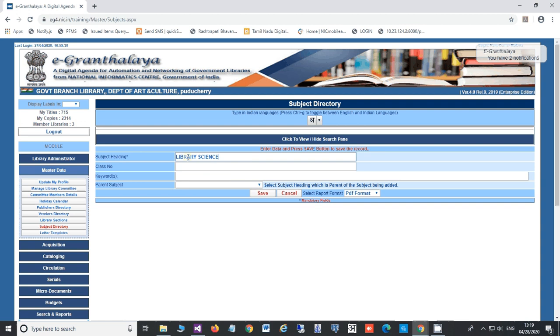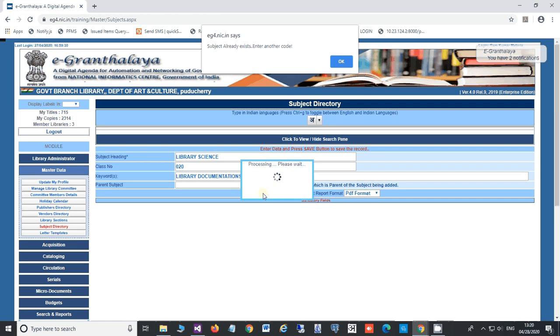That depends on you, how specific a kind of subject heading you want to enter. If you want to create a depth schedule, you can also do that. This subject heading is mandatory. Class number is not mandatory basically, but if you provide it along with the keywords, then these keywords and class number will be taken automatically whenever you add any new copy under the accession conversion form. So after typing all mandatory fields, that is subject heading, and other optional fields, you can save.